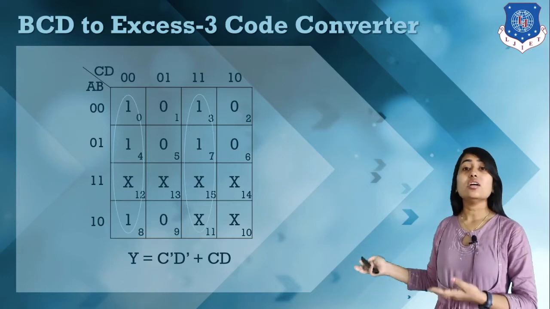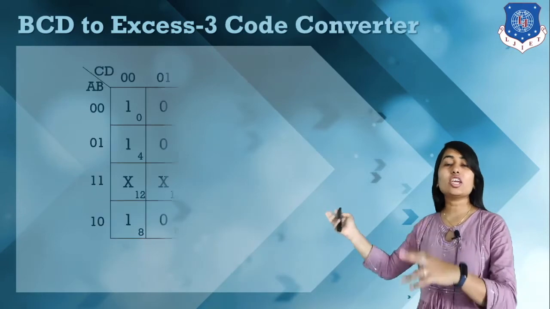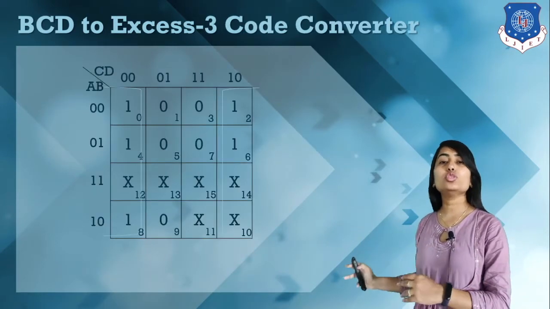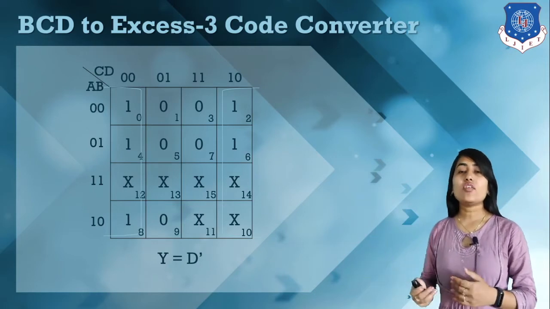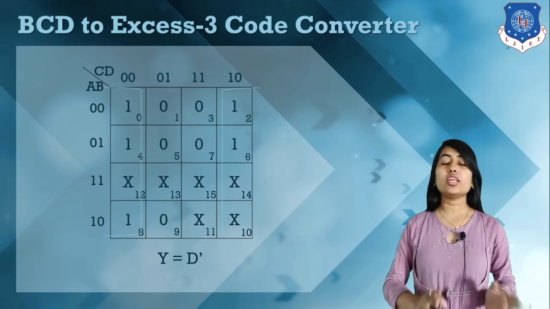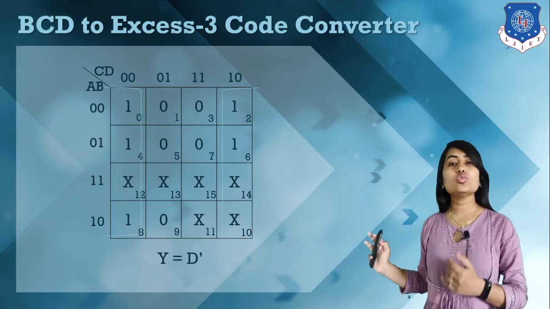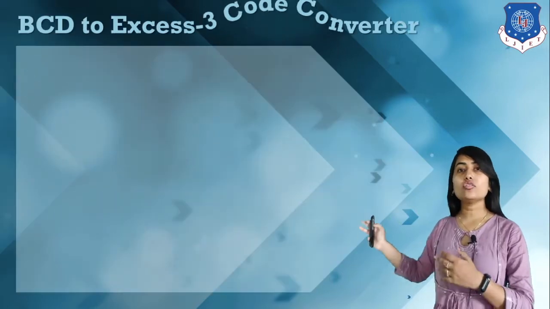Okay, like this. And then we make a K-map for Z. Here we make a K-map for Z and we mark a group. So here we have Z is equal to D dash. This is how we can find out the values of W, X, Y, Z in terms of our input variables A, B, C, D, and using these expressions we can design the logic diagram of the BCD to XS3 code converter circuit.